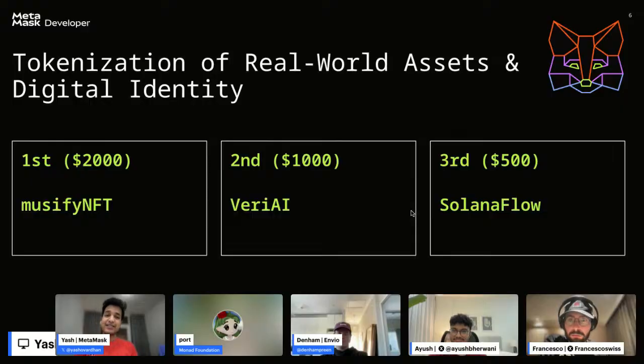Then tokenization in RWAs and digital identities. Here, one thing was that RWA projects were not a lot there, but there were a lot of identity projects, like Musify NFT. It's a midway between RWAs and NFTs, if I say. You can have your own album uploaded and create an NFT out of it. You can actually go ahead and share it with people. Very AI, it's like verifying what you are writing in the world of AI,